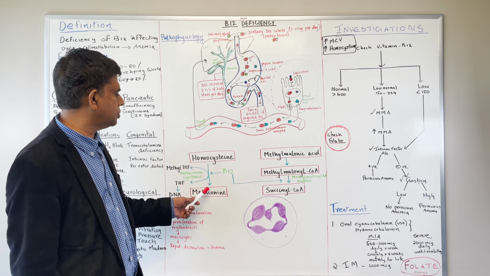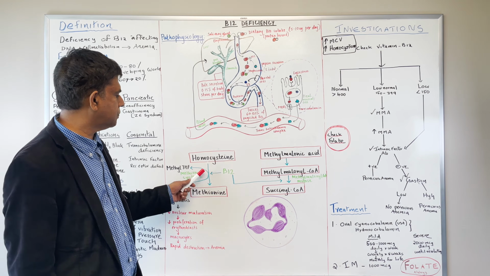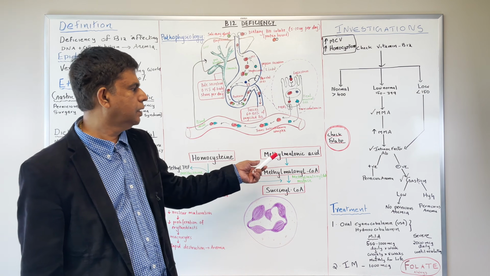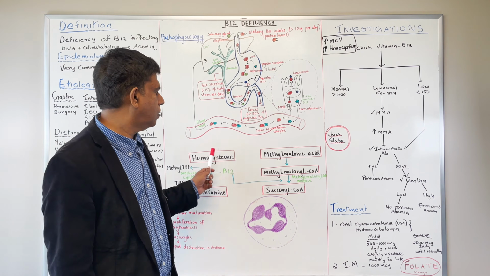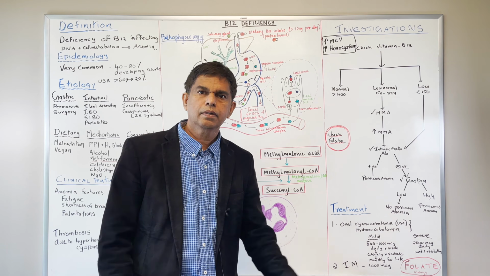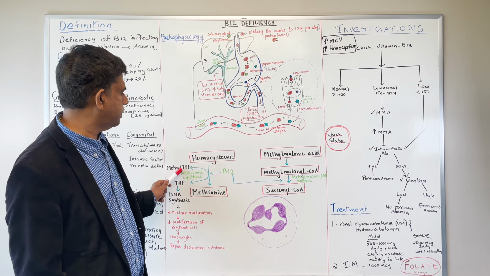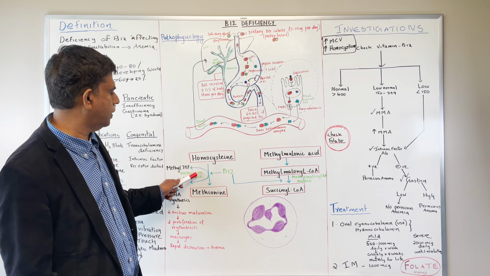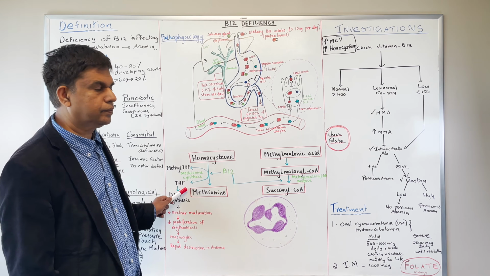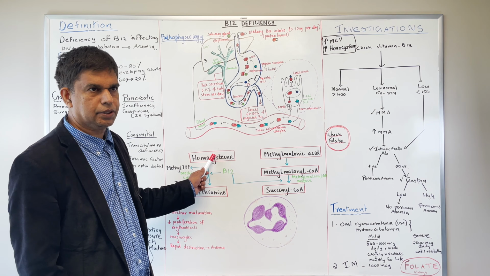So you need B12 to convert homocysteine to methionine. If you don't have this, what's going to happen to the homocysteine? Increase. So in these people, methylmalonic acid is going to be increased, and homocysteine is going to be increased. In homocysteine, what else? What other conditions could it be increased in? Folate deficiency, okay? Because this is the folate part up here. Homocysteine converts to methyl tetrahydrofolate with the use of methionine synthase, and can become tetrahydrofolate. So if there's no folate up here, homocysteine can also be elevated. If there's no vitamin B12, homocysteine is going to be elevated.